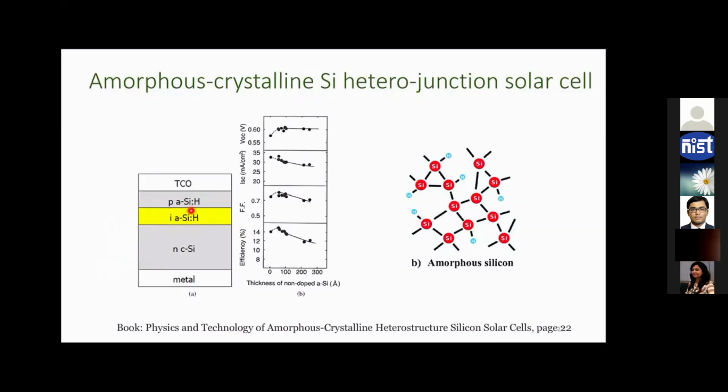No. Here, intrinsic amorphous silicon is not the absorber layer. Here, your crystalline silicon is the absorber layer, and the role of this intrinsic layer is just to passivate the dangling bonds of your crystalline silicon. Exactly. This technology is quite different from amorphous silicon technology. The use of this intrinsic silicon is not to absorb sunlight, but to passivate the dangling bonds. So you have to aim for a very thin intrinsic amorphous silicon layer. Very thin. Otherwise, there will be loss of light absorption within this layer.